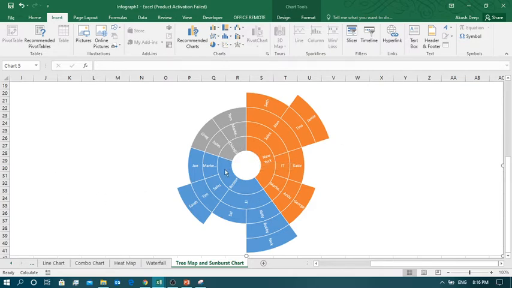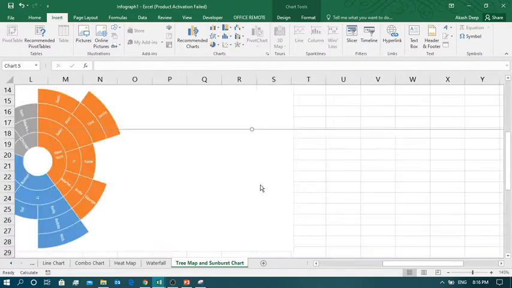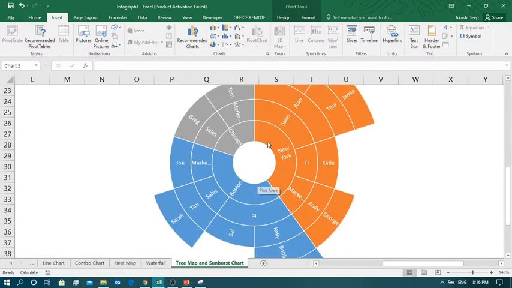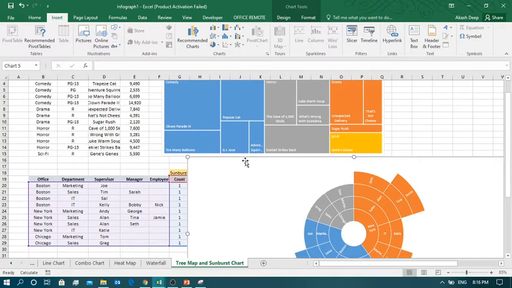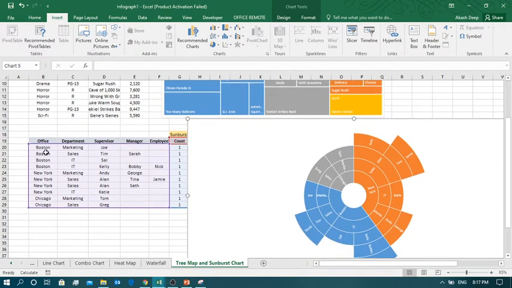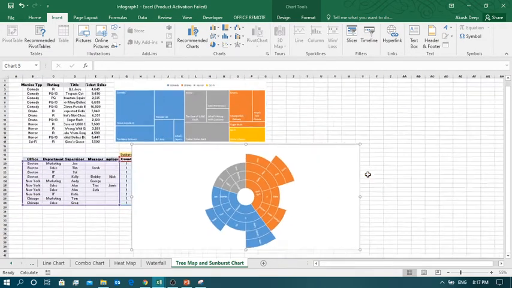The innermost circle that you can see, the innermost circle is highest level of hierarchy, that is New York, Chicago and Boston. If you will see the original data, then you can see that you have first level of hierarchy, the highest level of hierarchy is